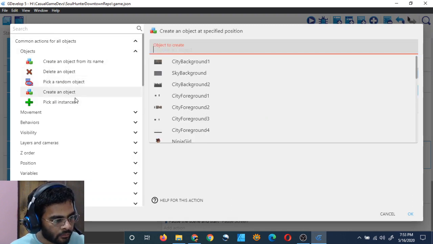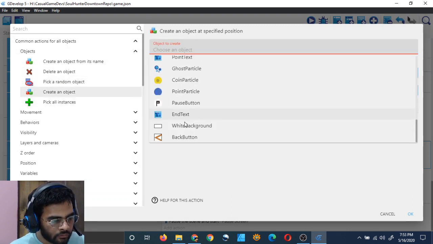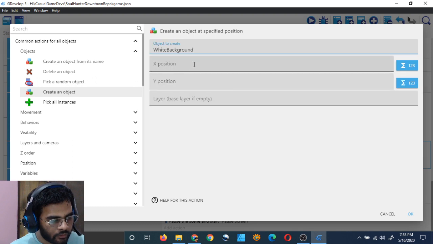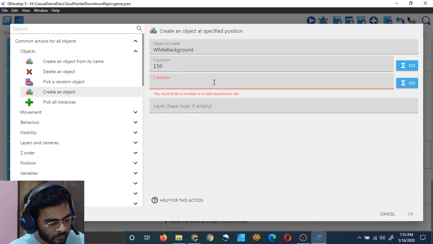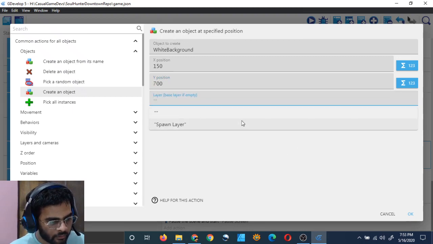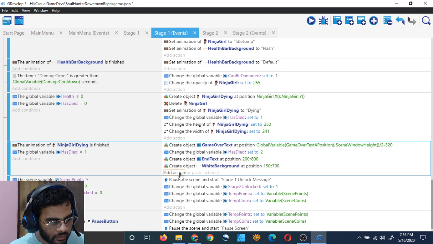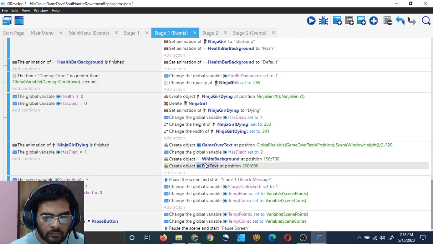Object create object white background. X position was 200, I guess. But for this we will choose 150, and Y position was 800, and for this we will choose 700. Layer spawn layer, and this will be spawned before the end text, right?